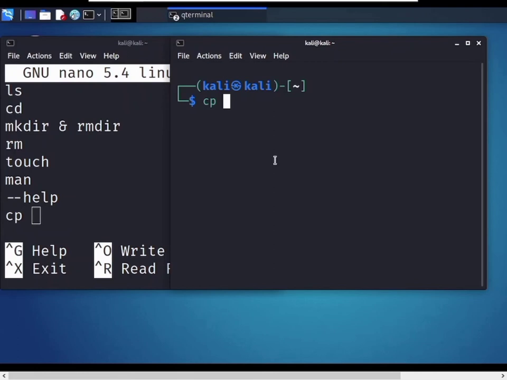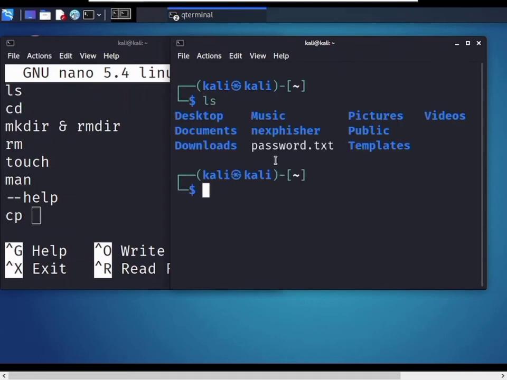Now, how to use the cp command. I want to copy the password.txt file into the word.txt file. So type the command cp. The cp command is used to copy the file.